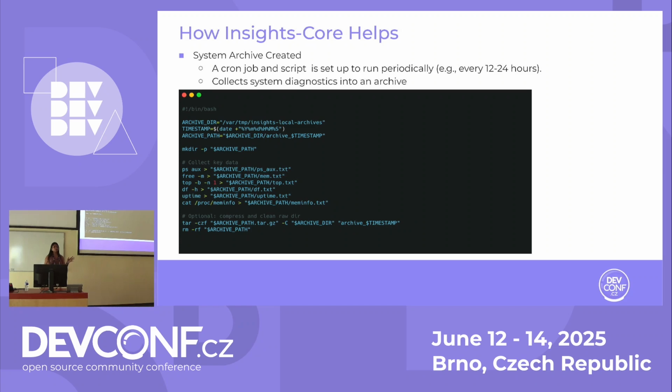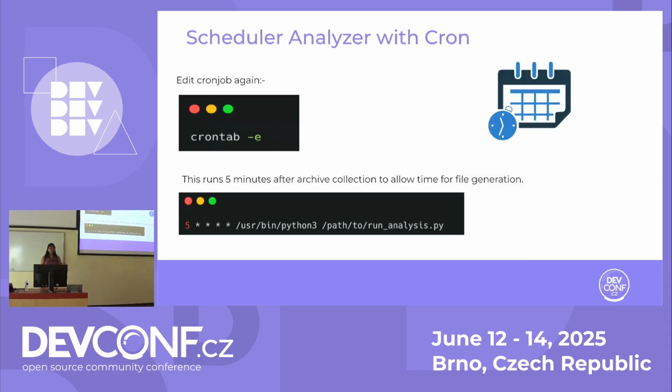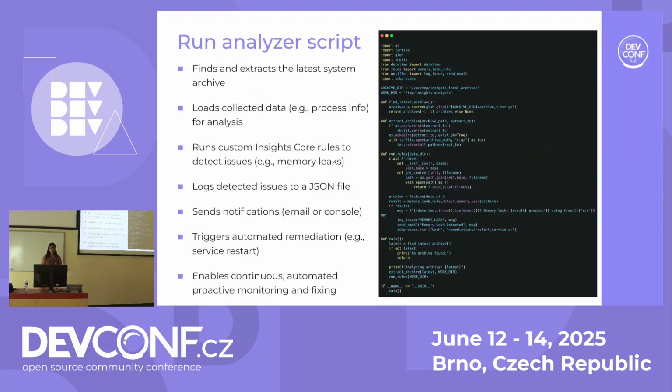You can use source reports also, but for demo purposes, since the size of the source was large, I have used a basic bash script for generating a tar file. This generates an archive file with memory and process running state. Once an archive is generated, a second cron job kicks in and starts the run analysis.py file. This is the main file where the actual process takes place.